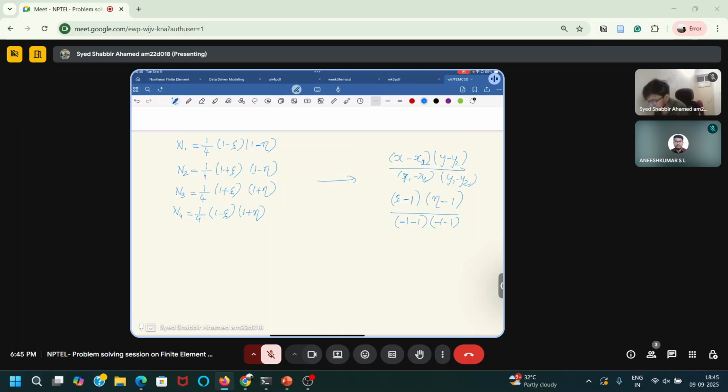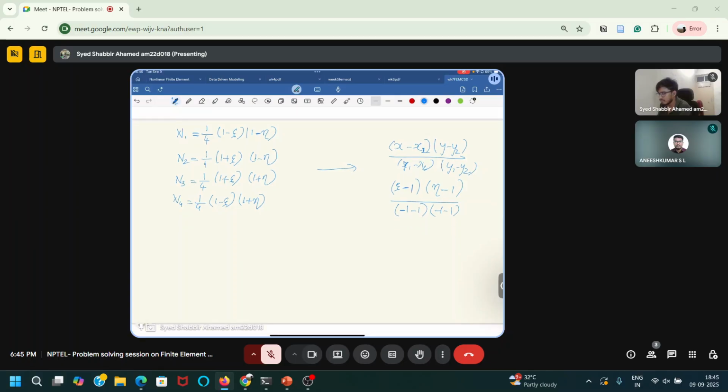Probably you can refer to last week's lecture, and you can get this shape function. So these are the shape functions in natural coordinates. In isoparametric formulation, there is the geometric mapping. These are the shape functions which we used for solution approximation. So u of x comma y is equal to N1 u1 plus N2 u2, where u1, u2, u3 are the nodal displacements